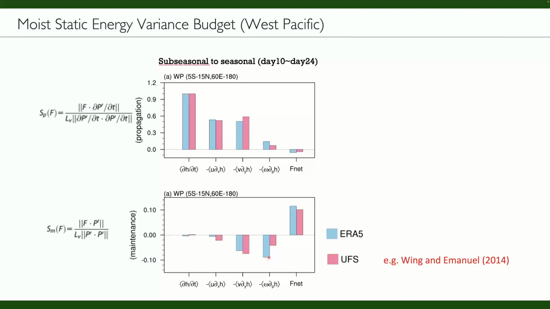And looking at this a little bit more, this suggests that there are some biases in the vertical structure of convection in the UFS model that are producing too weak of a discharge and helping to maintain MJO convection too